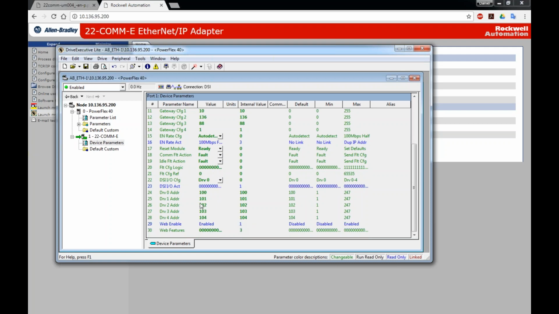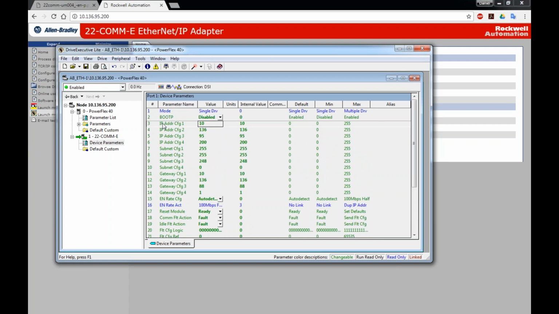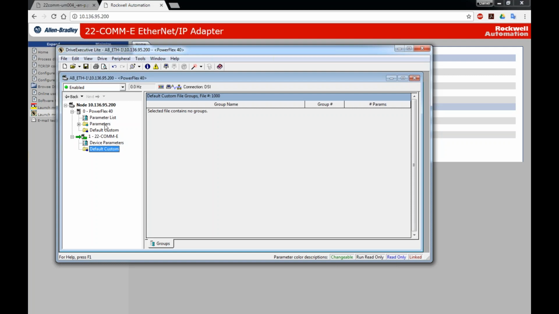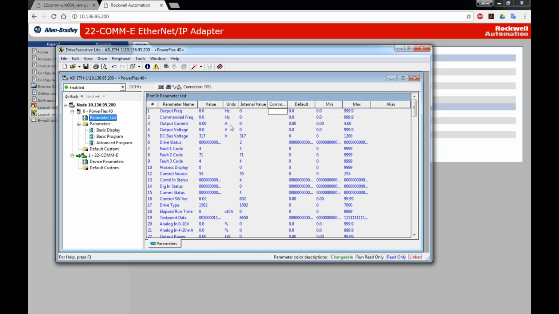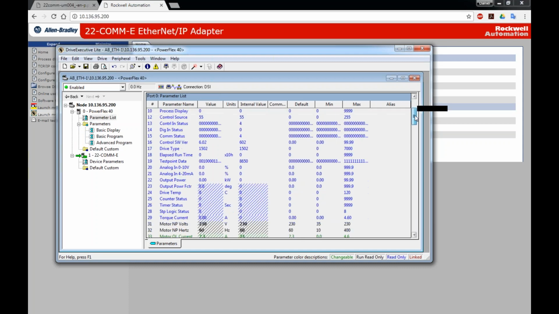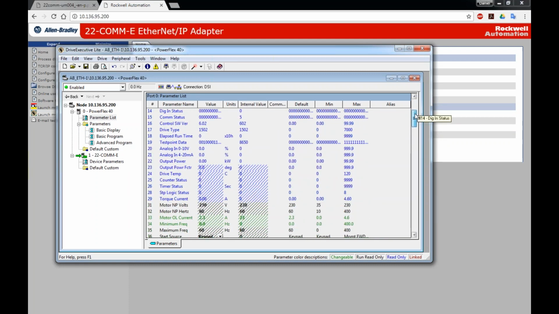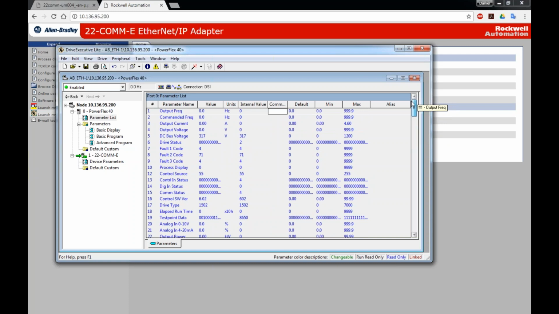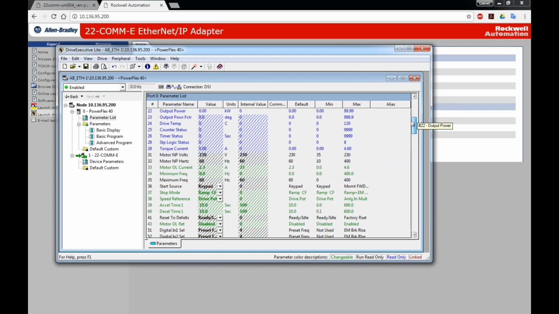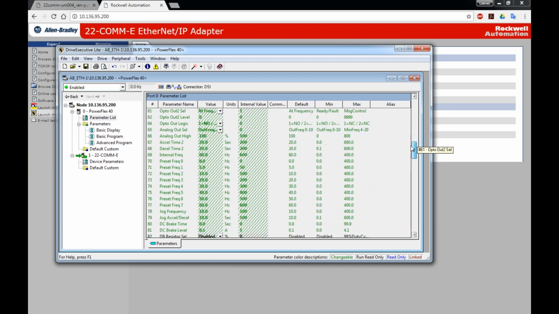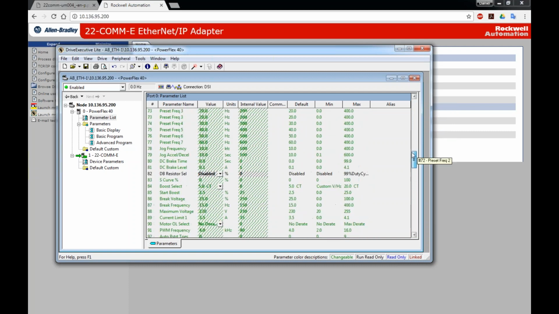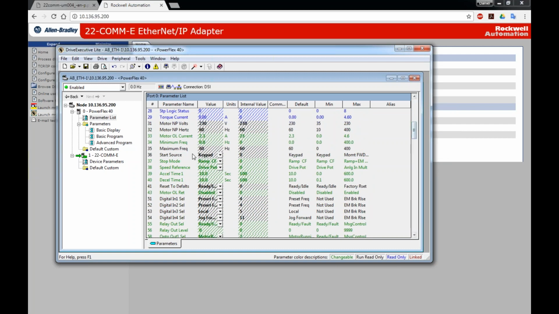So the web enable, anything in blue is something you can't really change. So mode single drive, if I flip that other switch, it would be multi drive. But I can also pull up the parameters of my drive. So the parameter list itself, here's everything. I can go in and some things I can't really tweak, some things I can. So once again, some of the things in blue are stuff that you can't change. It's already there. But the important thing to know is when we start doing programming externally, I've got to find it, start source. This is reading